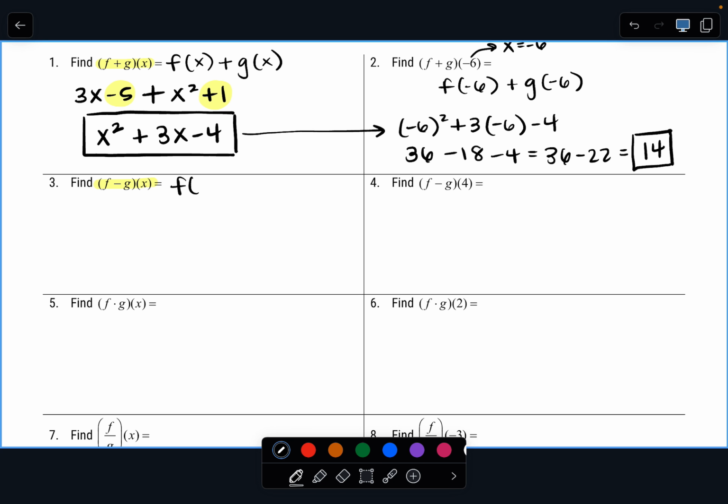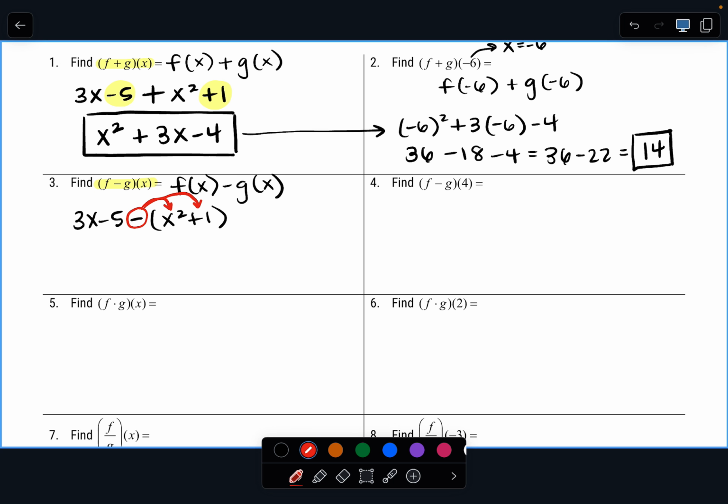Now, this is going to require that you pay attention to the order that your problem is written in, because when I subtract, that subtraction is going to distribute. So I'm going to write this as 3x minus 5, but just to illustrate that idea, I'm going to do minus x squared plus 1, but I'm going to keep the x squared plus 1 in parentheses for now. The reason I'm doing that is because whenever you subtract, that subtraction is actually going to distribute to anything